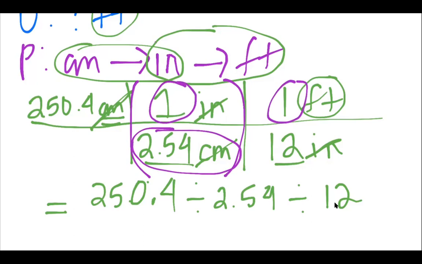So really, if I wrote everything out, it would be 250.4 times 1 divided by 2.54, and then times 1 divided by 12. But because the ones are on there, we don't really use them in the calculation because they don't change the value. So all I need to do in the calculator on this one is just division, because both of the numbers, 2.54 and 12, are on the bottom in the denominator of my setup. Okay, so 250.4 divided by 2.54 and then divided by 12. And I get